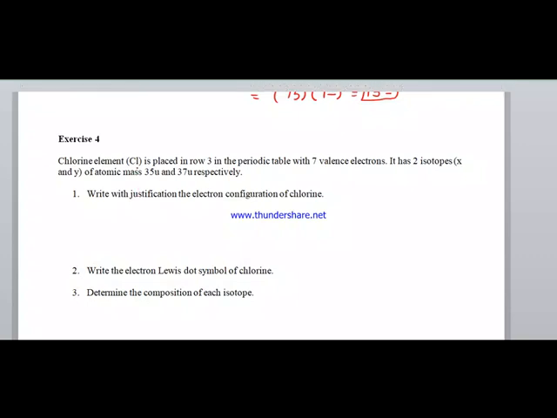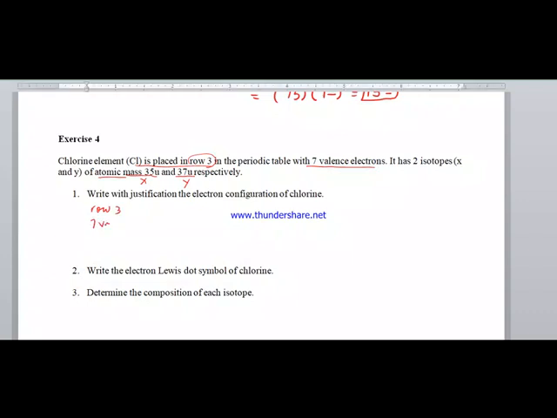Exercise 4. We have chlorine placed in row 3, with 7 valence electrons, and the chlorine element has two isotopes X and Y. The first isotope X has an atomic mass of 35 U, and the other isotope Y has an atomic mass of 37 U. Write, with justification, the electron configuration, depending on row 3